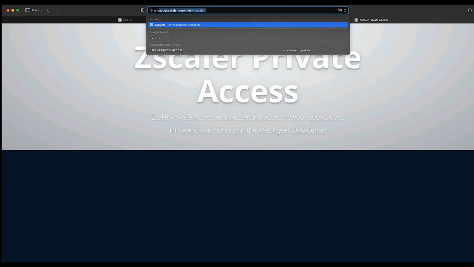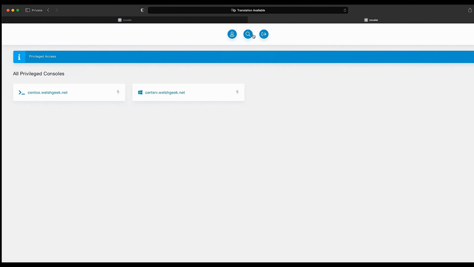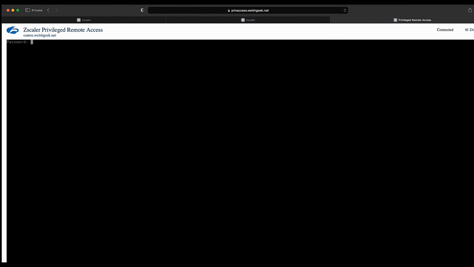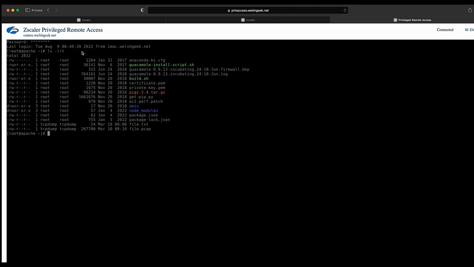If I go to Priv Access, again, that's the private access for privileged portals. I've got my two consoles there. I can go to my CentOS server. I could log in as root, and access the web server. It's actually the Apache web server, and I can do all the interaction there, but again, it's screen scraped pixels to the browser. Or I could go to my certificate server,